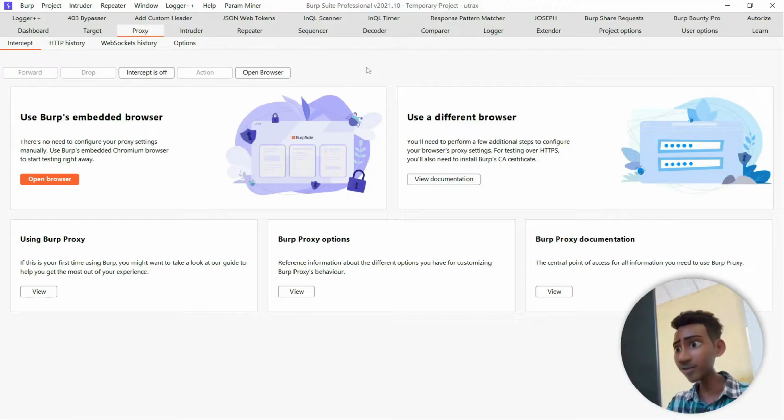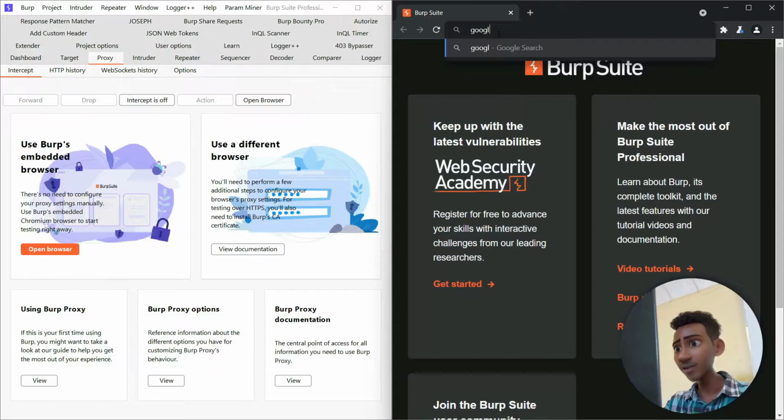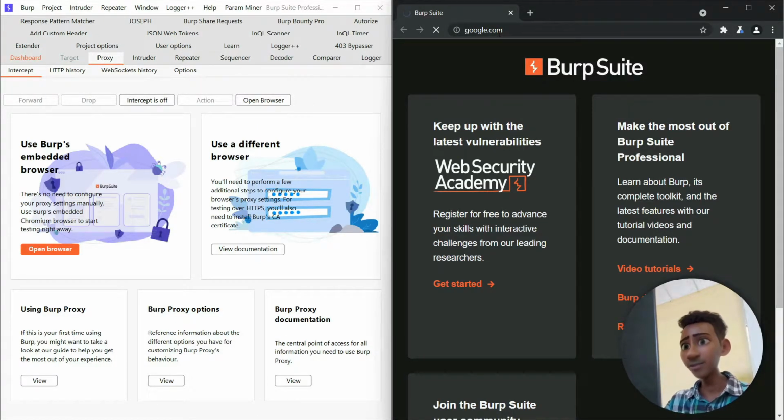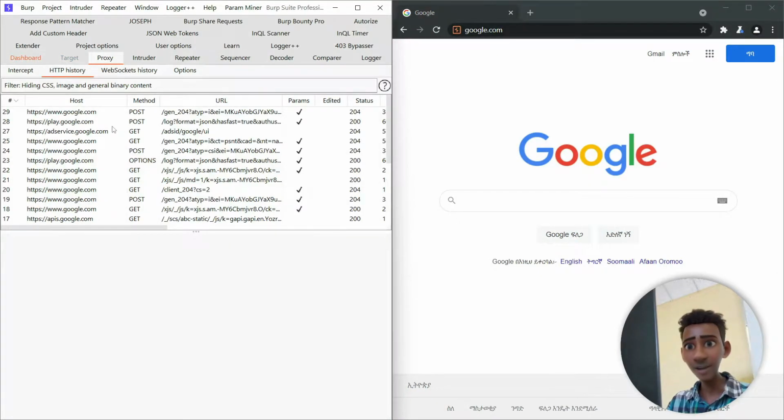I'll try to split both on the right and the left side to make things brief. So let's make a web request to google.com or Facebook. We can do whatever we want. So, google.com. Once we write google.com in the URL tab, we will see a bunch of Google requests